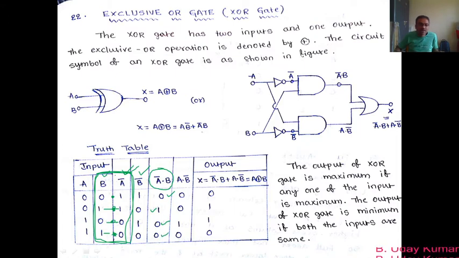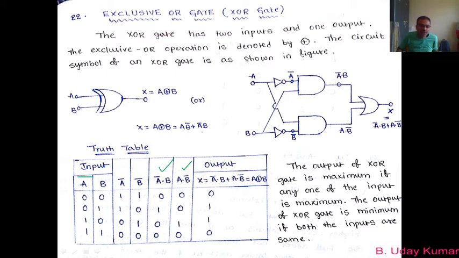So now from the columns of A bar and B, we have found the values of A bar dot B. Okay, I hope this column is clear. Let me erase this one again. Now this one is done. So now let us try to find A dot B bar. So to find A dot B bar, you need to concentrate on column A, or the values of A, and also B bar.